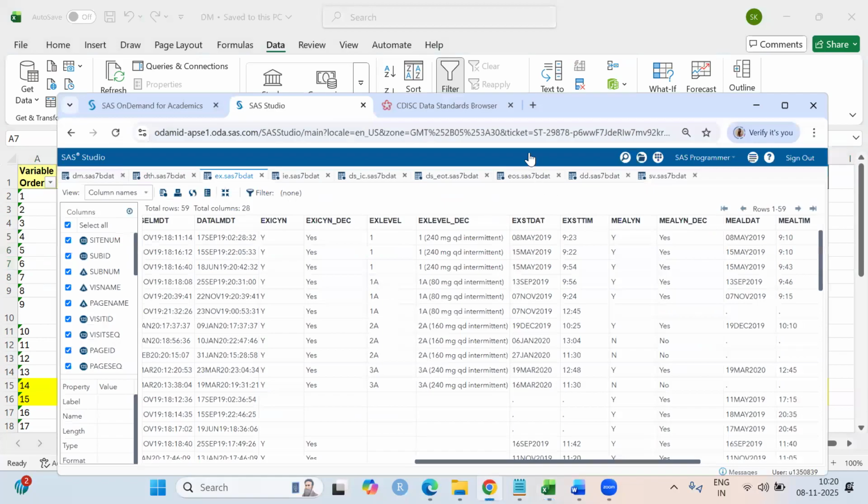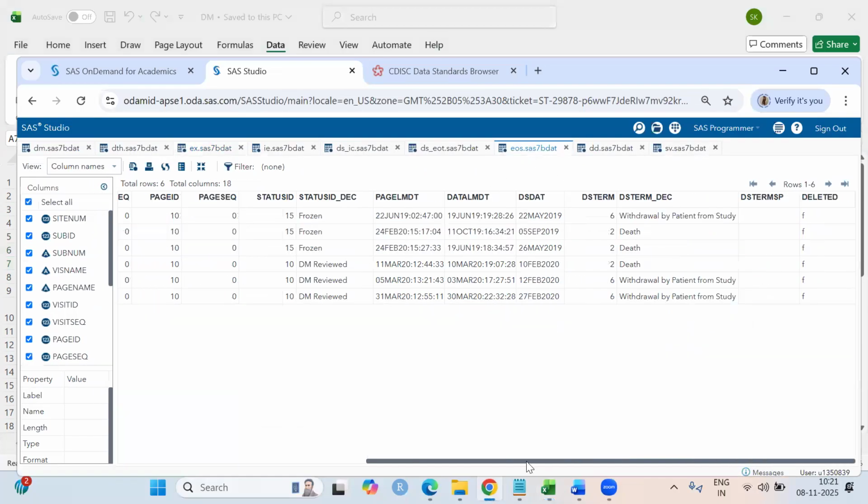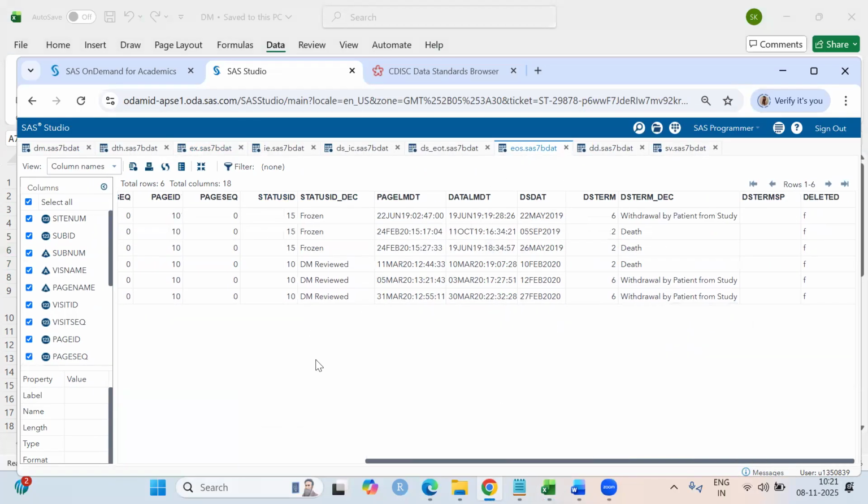From the EOS form, you will see that it will have the records for all the subjects for which the study has ended. You can see that there are 6 subjects for which we have the end of study form populated, and from the DSSTDAT variable, we can get to know the date as well on which